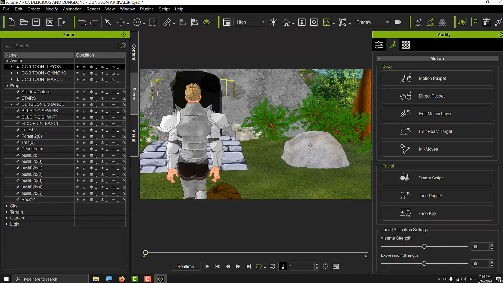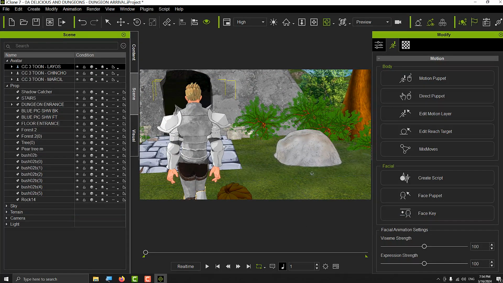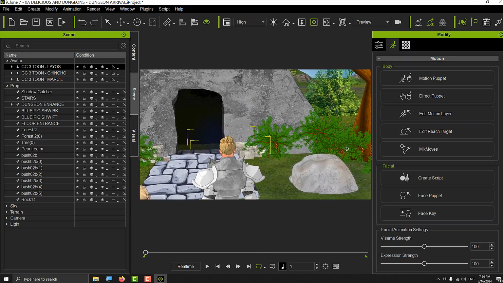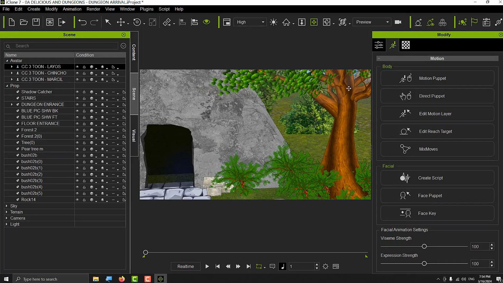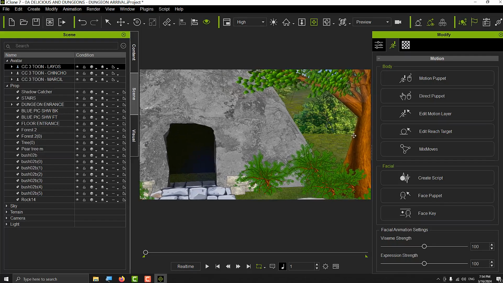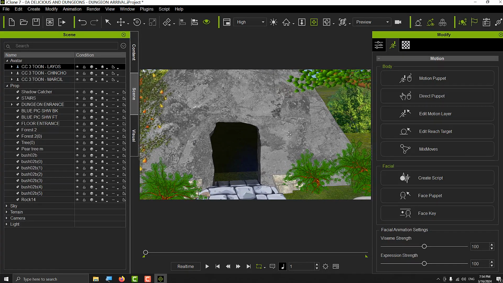I put some rock like this. I could put a little bit more rocks around, maybe a little bit of flowers, bushes, just to do something quick and to make it look like it's in the forest. I put some of the bushes and I made sure to put some other trees around here. And the cave is a prop,